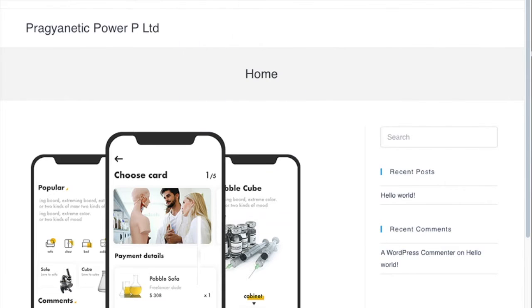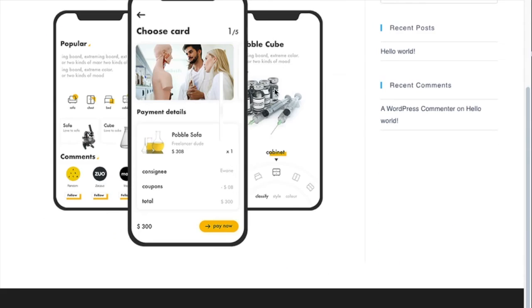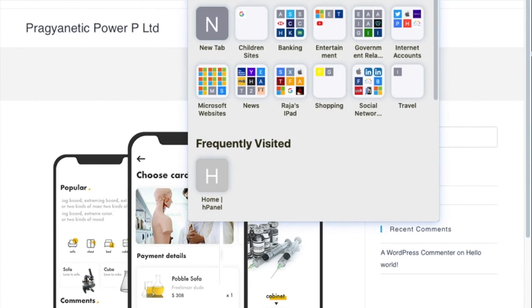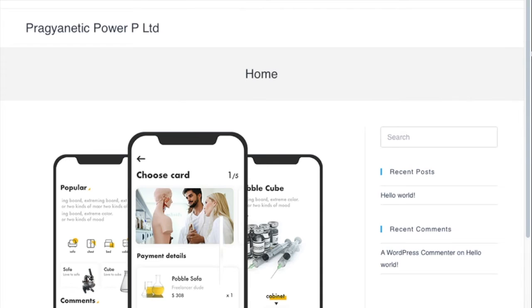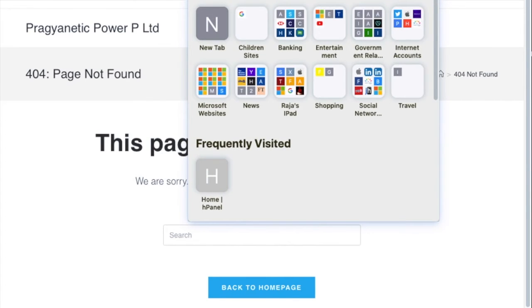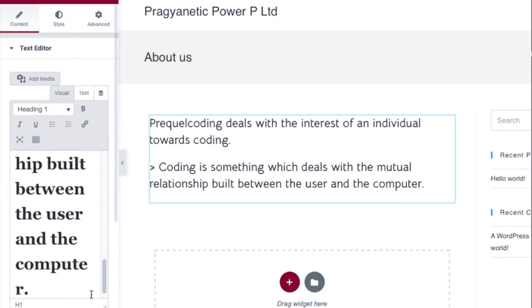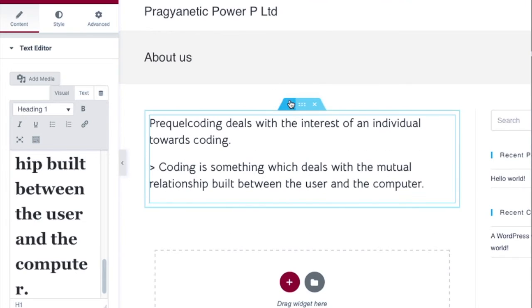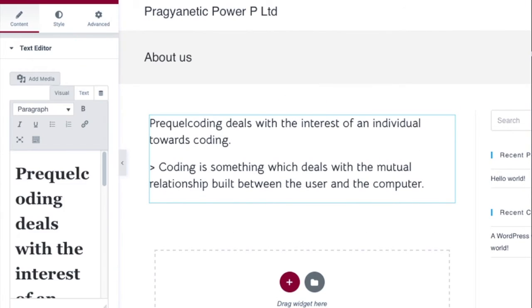Now let us just try to load it again. We have not specified the menus yet. Now let us just try to manually add it, about us. Now here we will be redirected. The spelling is something wrong. We will be adding content which will be seen on your desired screen.